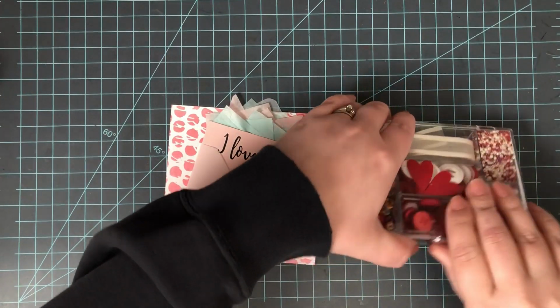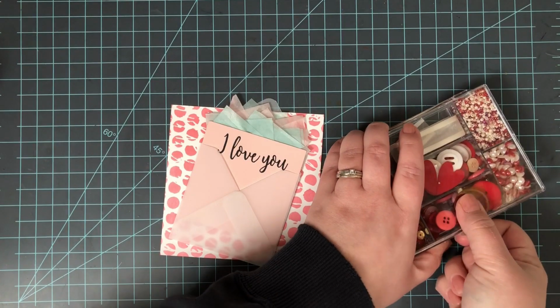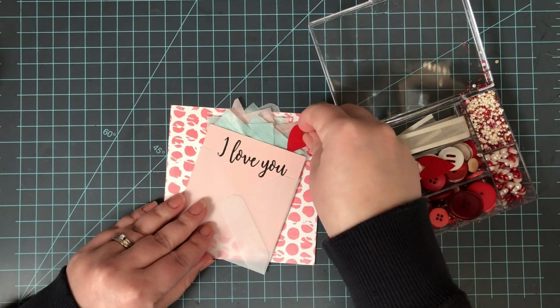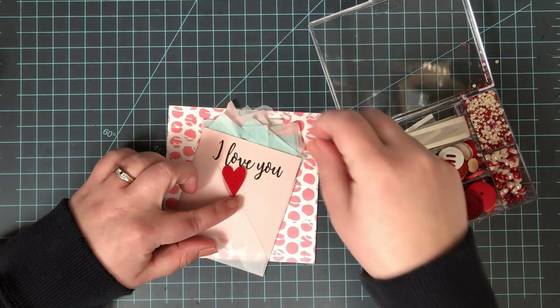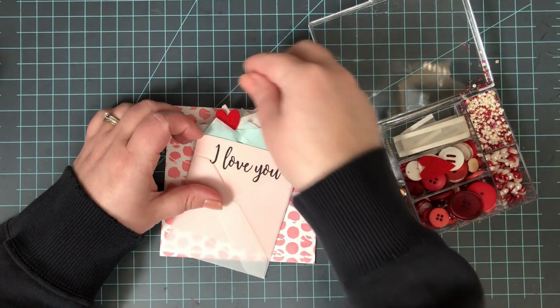For the little envelope, I wasn't quite done with it. I'm going to start by using this embellishment kit. This is from 28 Lilac Lane. You can buy these at Buttons Galore and more, but this one is called Love Story. It's got all these great little pieces. You've got seed beads, half-back pearls, sequins, charms, ribbons, buttons, but also you have these great felt little